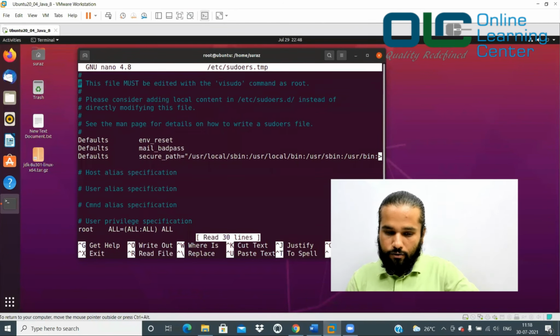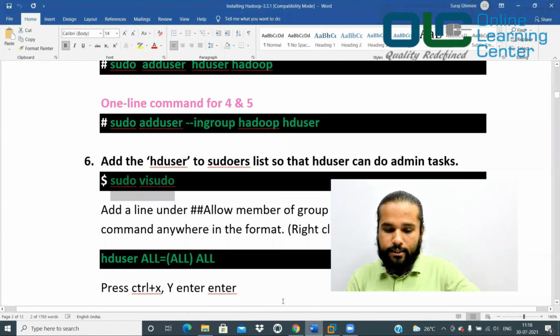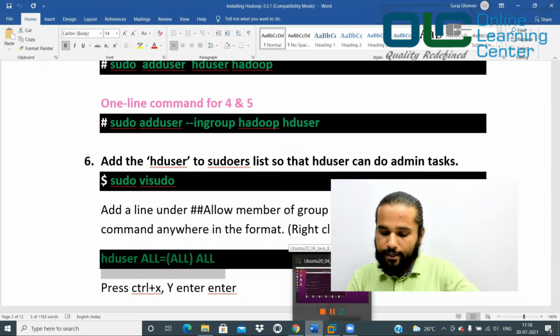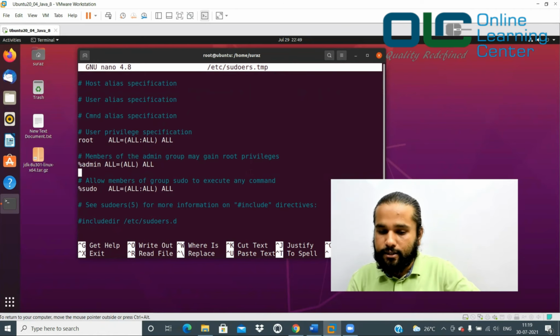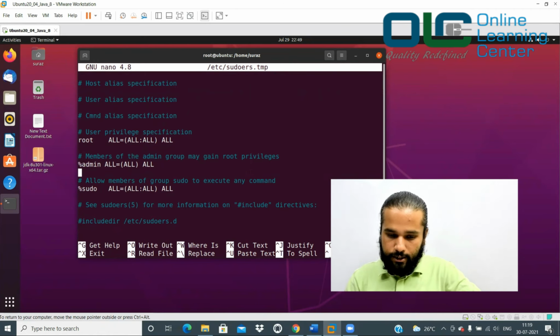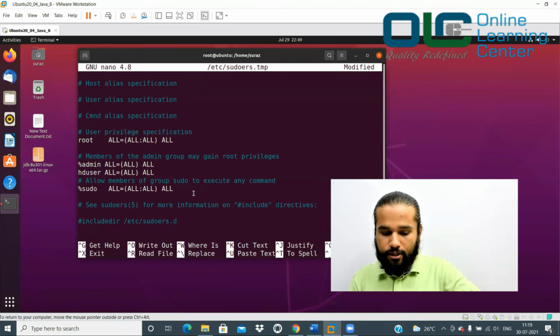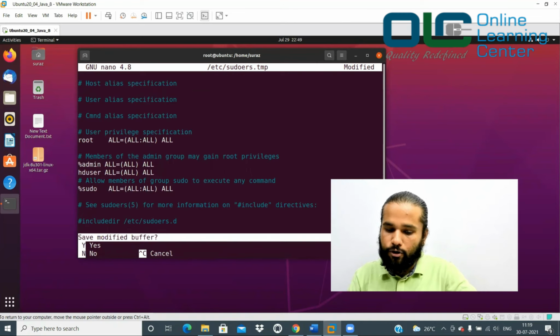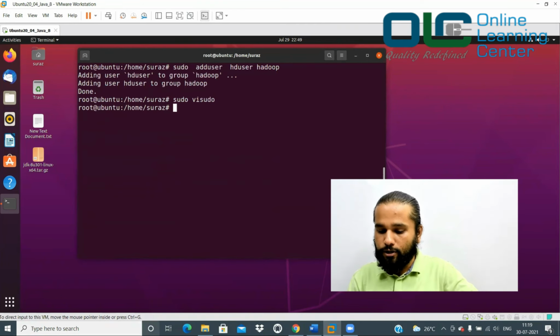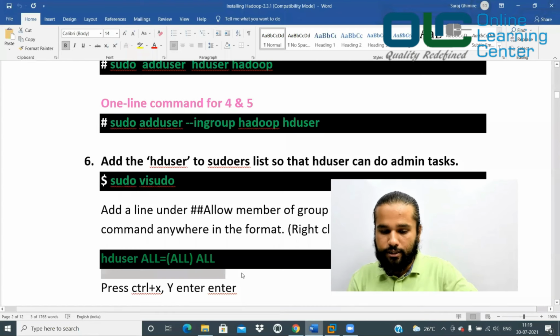Okay. Now just go down and you just need to add these entries. Add those entries anywhere. Maybe I'll go here and then I'll just add it here. Okay. So right click here like this and say paste. Okay. Done. Now once this is done, you can say Control X. Control and X is to exit. See here. Control and X is to exit. Say Control X, I want to exit. And then it is asking you, do you want to save? Just press Y, right? And say enter. Done. Okay. So please be very cautious with these.